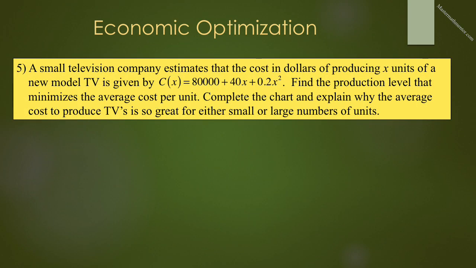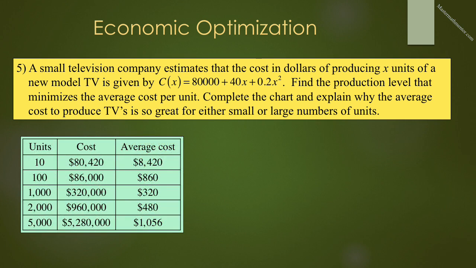A small television company estimates that the cost in dollars of producing X units of a new model TV is given by C of X equals 80,000 plus 40X plus 0.2X squared. Find a production level that minimizes the average cost per unit. Complete the chart and explain why the average cost to produce TVs is so great for either small or large numbers of units. For 10 units, it costs